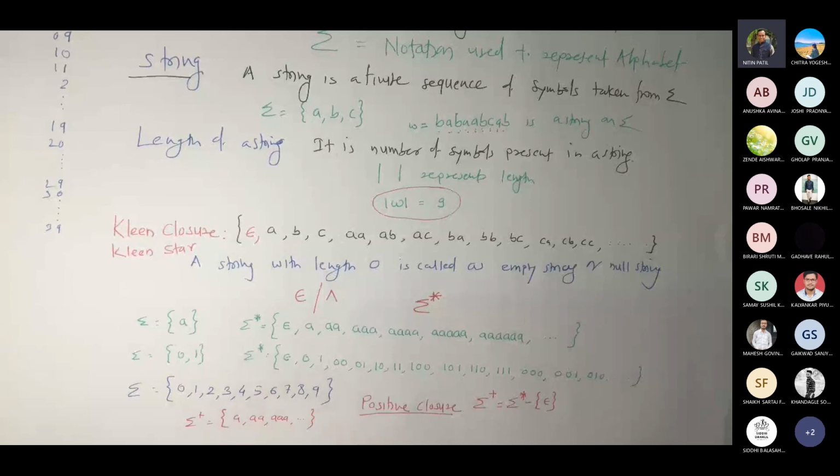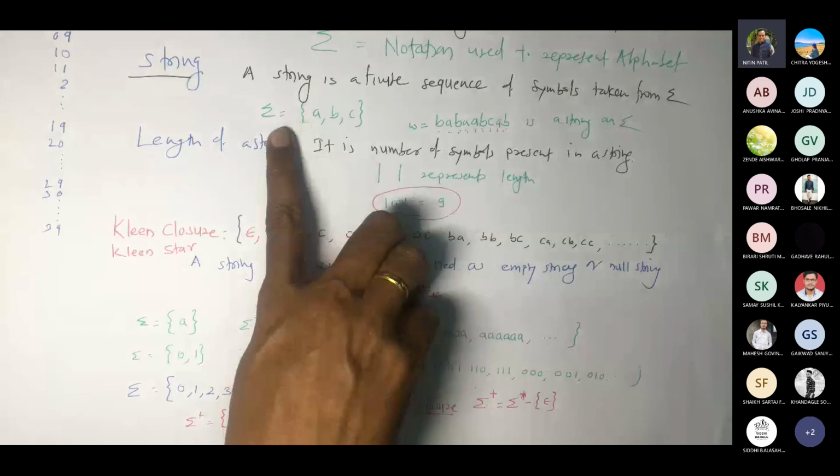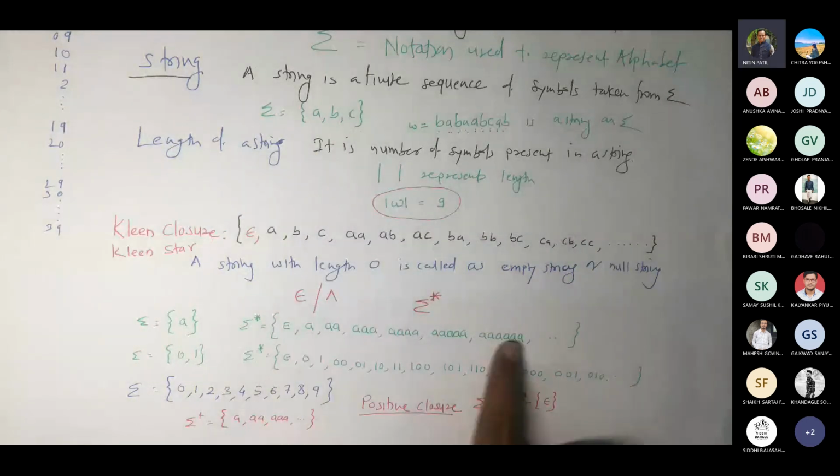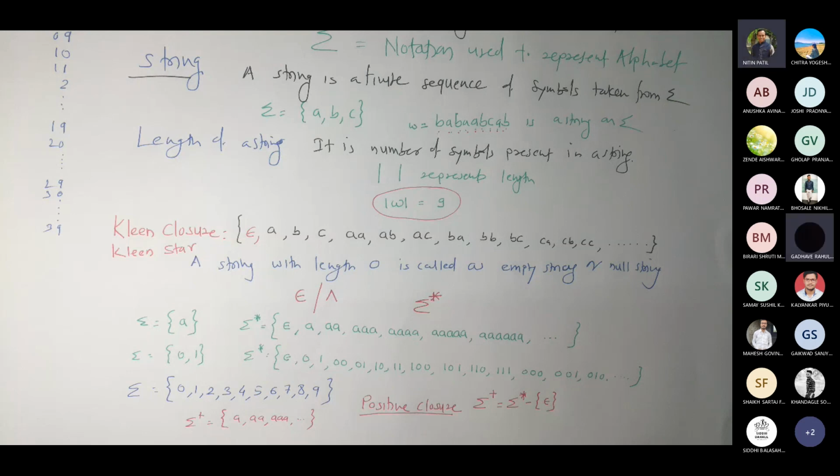Correct? Now think of this. Suppose our sigma had A, B, C, D up to Z. You keep creating these kind of strings. How many strings possibly would be generated? What do you think? You may not be able to count them at all. Now, if it is the case, then you are going to pick only those which are valid for you.